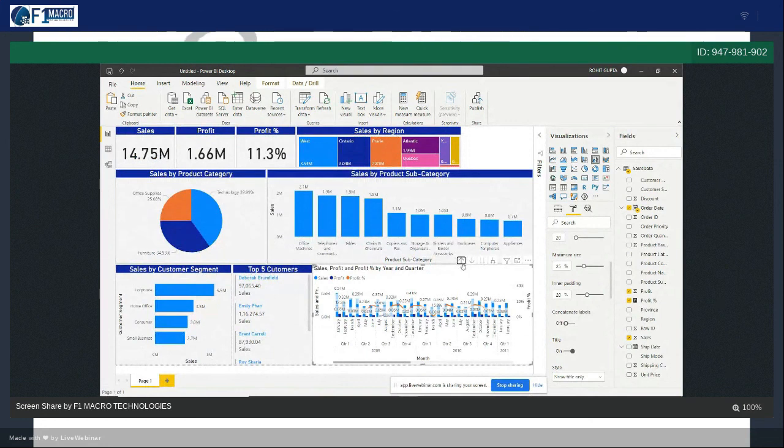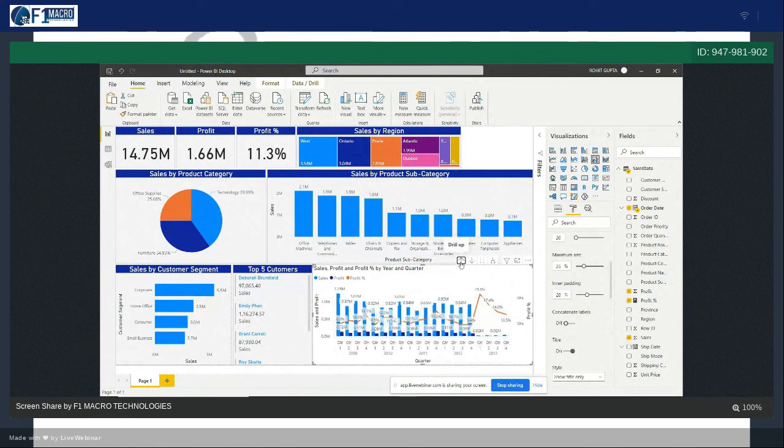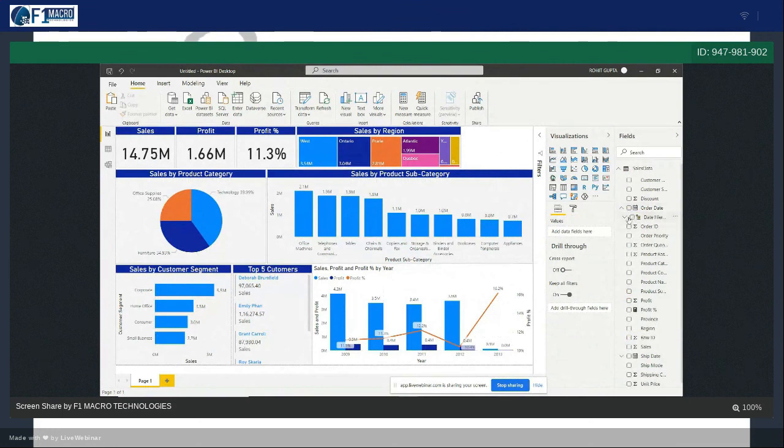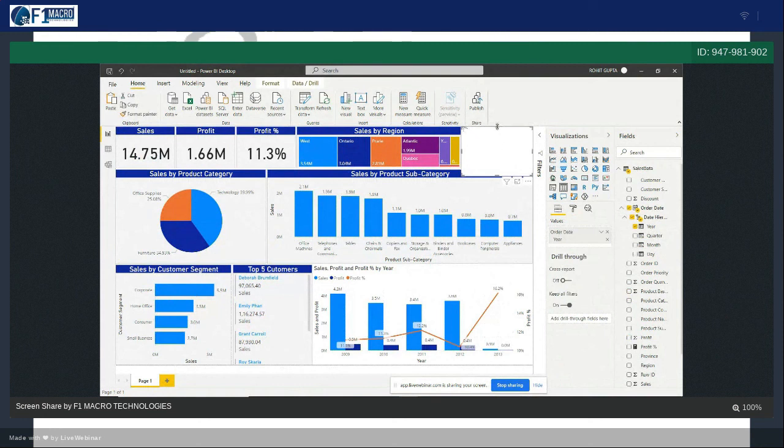Now we are going to create a filter of year only, wherein you can select a year and see the performance of that particular year only. So I'm going to create that filter here. You have year over here under order date. You just drag under date hierarchy, go to order year, and drag the year over here. You will be able to see 2009, 10, 11, 12, 13. You have those years, right?